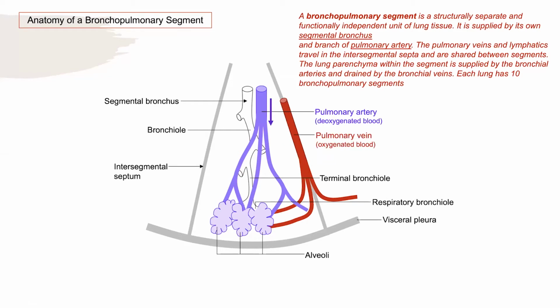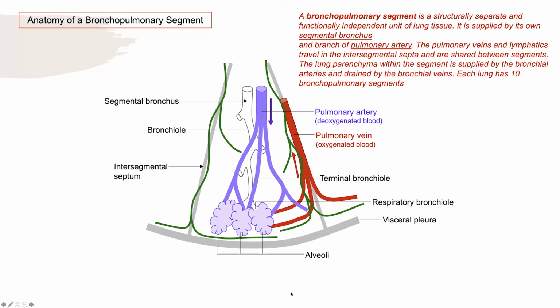So this is my pulmonary vein and this is how it takes out. And this is the pattern of the lymphatics. So lymphatic is being shared from the neighboring bronchopulmonary segment, and I hope we should be clear about that. If we take a unit of the lung, that unit we call a bronchopulmonary segment, which has its own personal bronchus and its own pulmonary artery, but the pulmonary vein and the lymphatics have been shared with the neighboring bronchopulmonary segment. So this whole thing is called a bronchopulmonary segment.